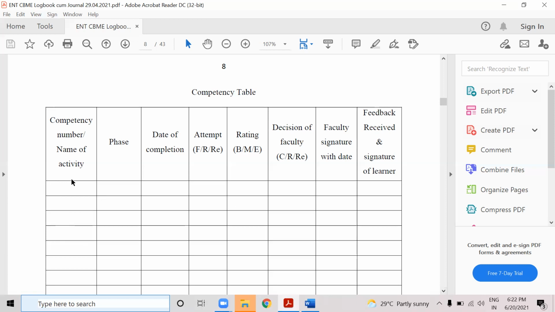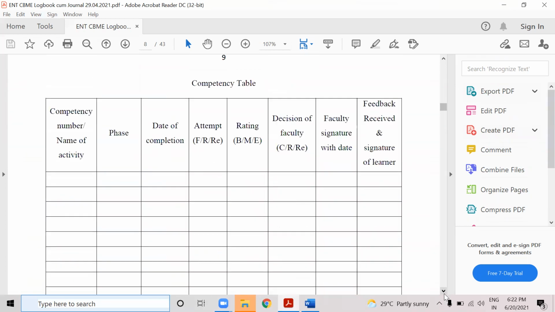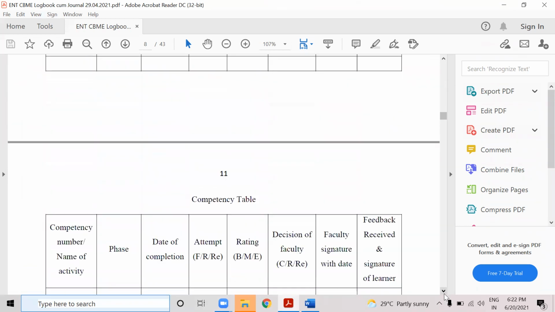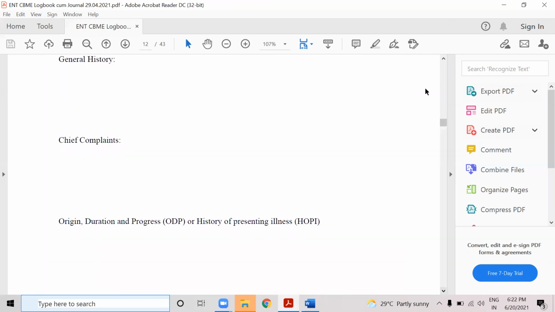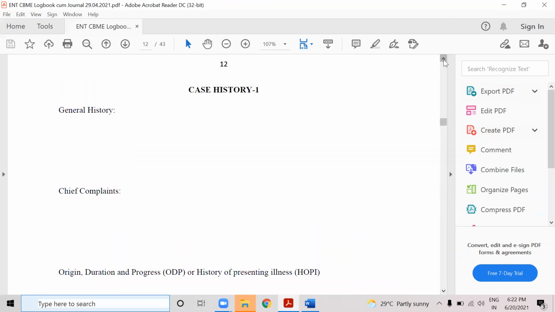So this is a single row. Such rows I have kept 150, keeping in mind that there are 76 competencies, and some competencies may require repetitions or remedial measures. So 5 pages for that. Again, this is an individual decision, but here I have kept 5 pages.